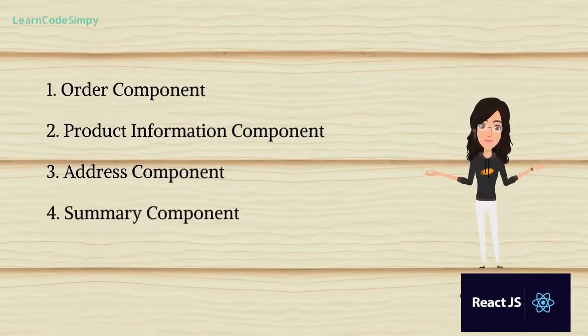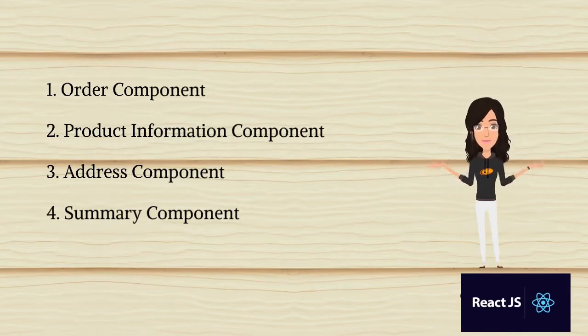But assuming that we have a text box available where the user can change the product quantity even in the summary section. Because just to change the product quantity, we don't want the user to navigate all the way back to the product information section. So if you change the quantity in the summary section, we want the change to display in the product information section, or vice versa, like how it is happening in the web page.